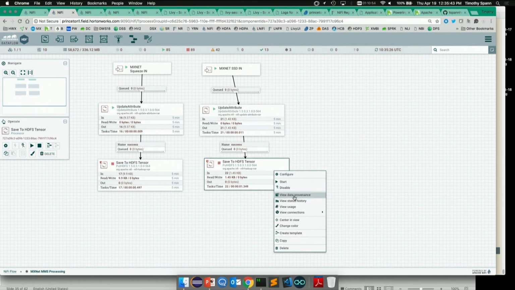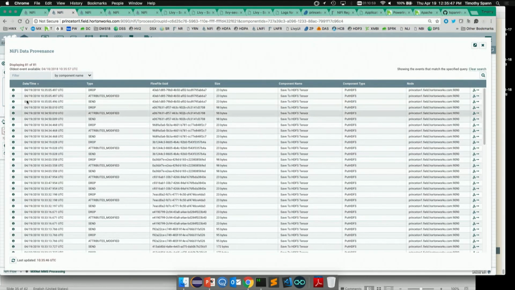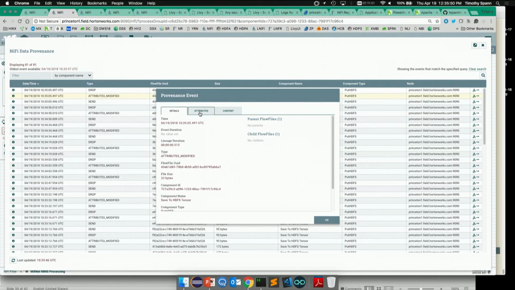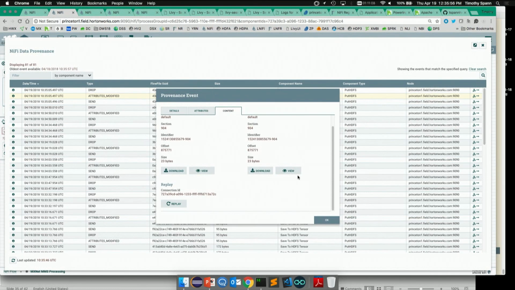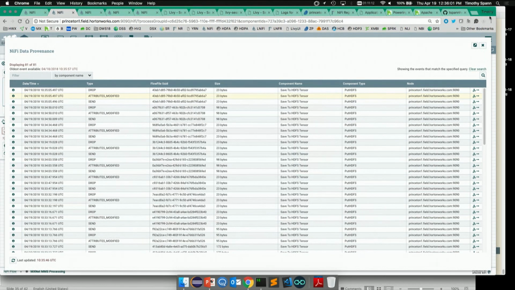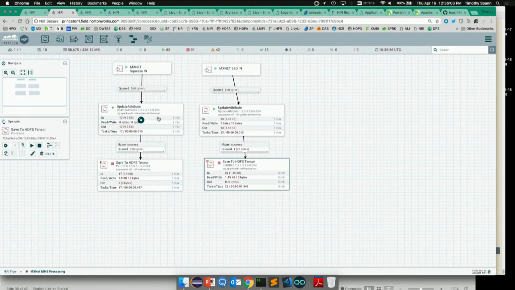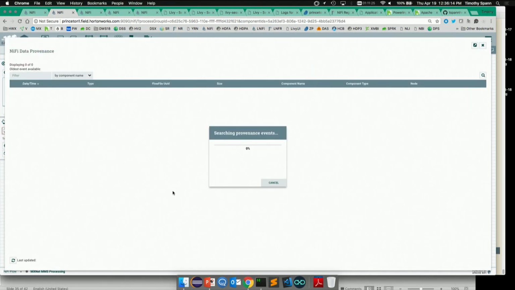If you look at the provenance of this data coming through, I could see everything that I'm doing. And these are all the different attributes. I changed one when I pushed it into HDFS. But I have all those values in there, and I have the content. Here, the prediction of nothing. Not very interesting. Again, I could do a query on that as that stream's coming in NiFi and say, if the prediction is nothing, or if it's lower than a certain percentage, just throw it away. Maybe we don't need that.